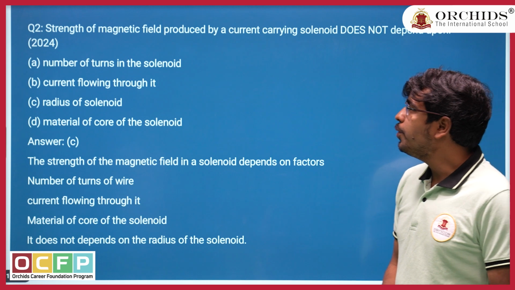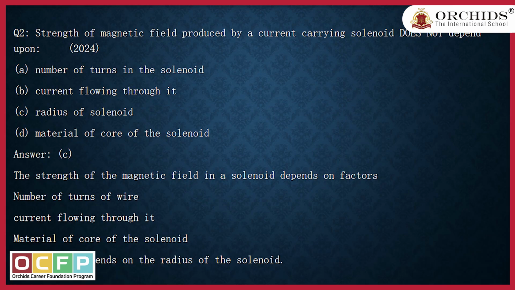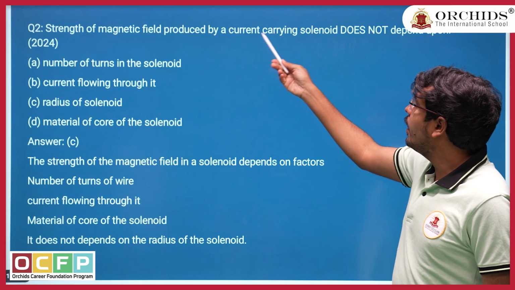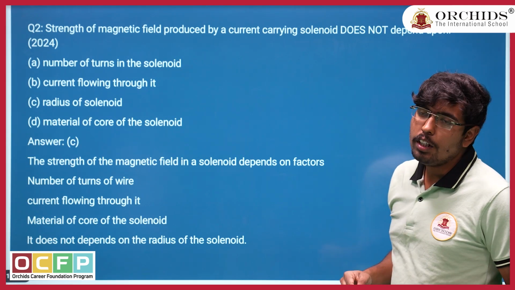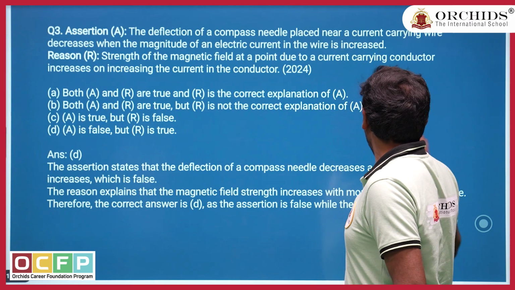The next question which I am going to discuss is also from the 2024 board examination. As an MCQ they asked this: the strength of the magnetic field produced by a current carrying solenoid. First of all, I am going to explain about the solenoid. What is the meaning of solenoid? So, a solenoid is a